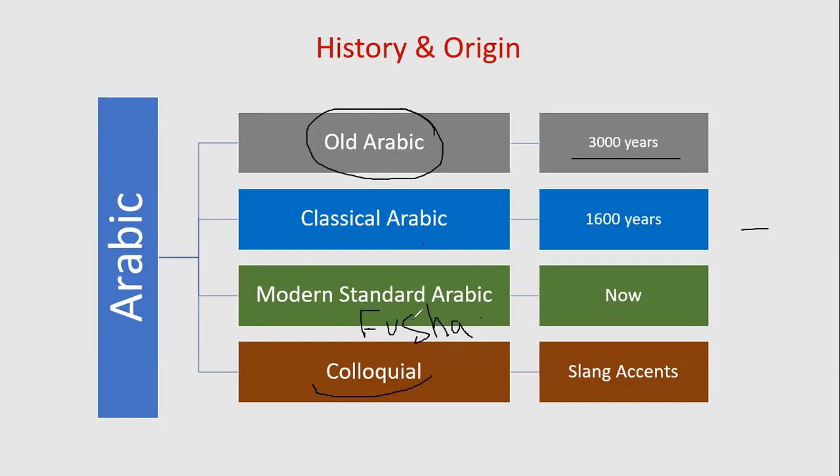Okay, Modern Standard Arabic is the same as Classical Arabic, but it's a little bit simpler, with less vocabulary. This is the language spoken nowadays in media and magazines, and it is the official language of most of the countries, but it is not the spoken language, because the spoken language is the slang accent. So whenever you hear the news in any country, you will hear it in this. Or an official or a speech, they speak in this accent.